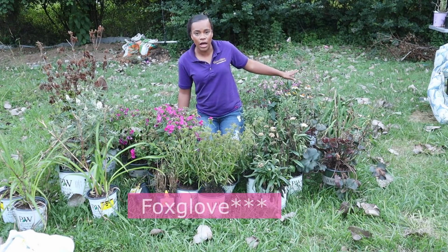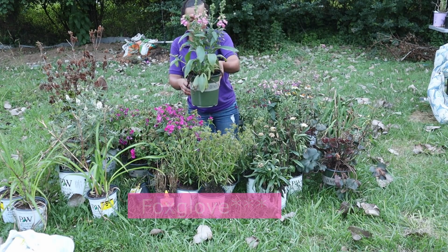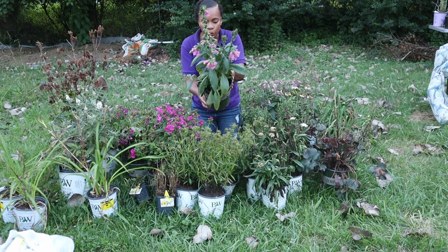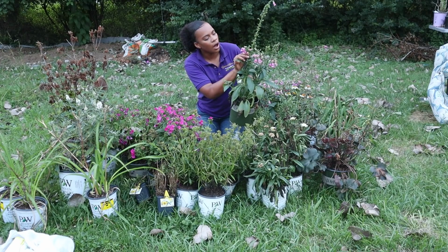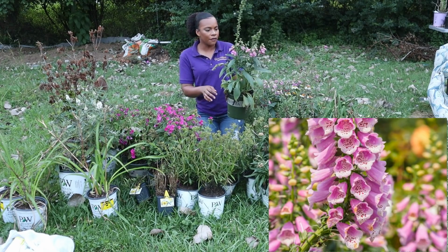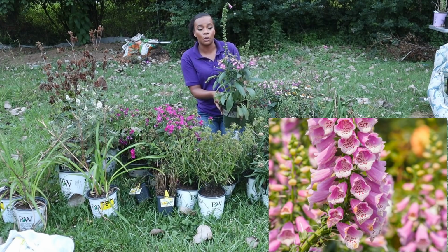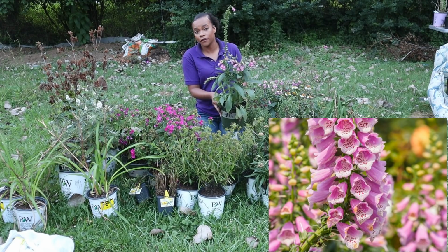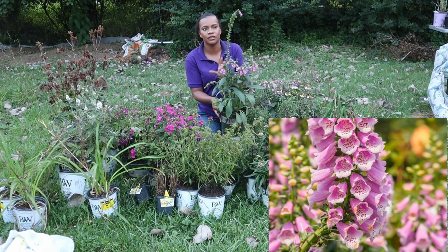Next, we're going to start with these phlox that I have back here. So these are the Pink Panther foxgloves from Monrovia, and I just love the color of this foxglove. And the thing is, I have 3 foxgloves in my garden that was a gift from some of my garden friends off of Instagram. And when I saw these, I was like, I need to have more foxgloves, because these